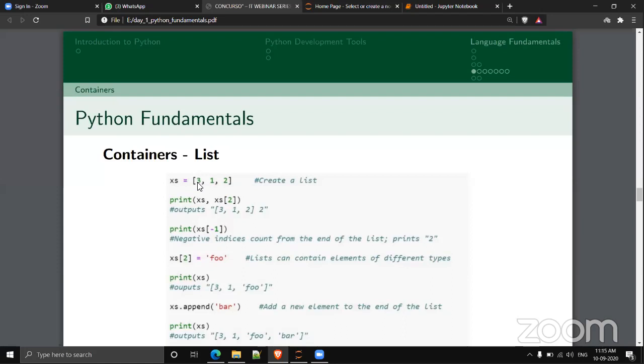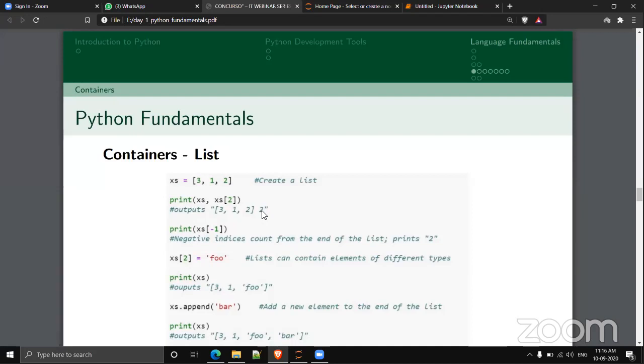The index in a list starts with 0. In the 0th index we have 3, in the first index we have 1, and in the second index we have 2. So the output of this print statement will be the list, and XS of 2 is the value 2. Is that clear?